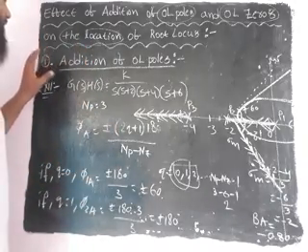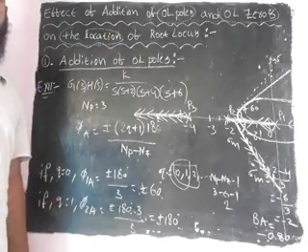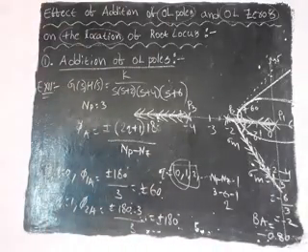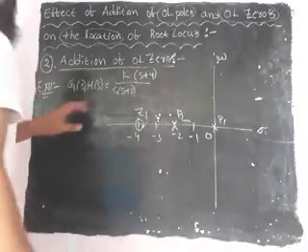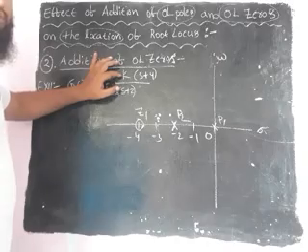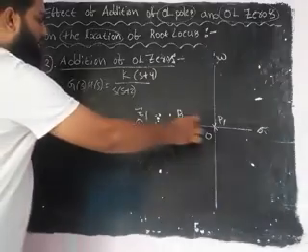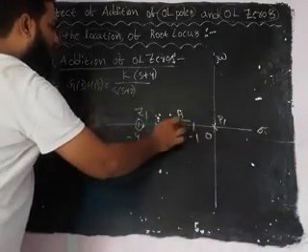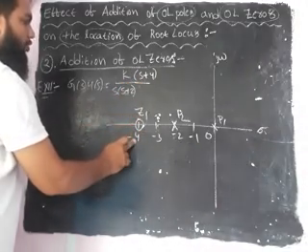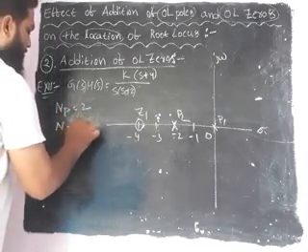Next, I am going to check the addition of zeros to the same open loop transfer function. What will be the effect on the stability of your system? Here I add one zero to this open loop transfer function. A zero means we add it on the numerator side, so I add s plus 4 here. Now see the location of poles and zeros. P1 is at s equal to 0, P2 at s equal to minus 2, and we have one zero Z1 at s equal to minus 4. The number of poles is 2 and the number of zeros is 1.